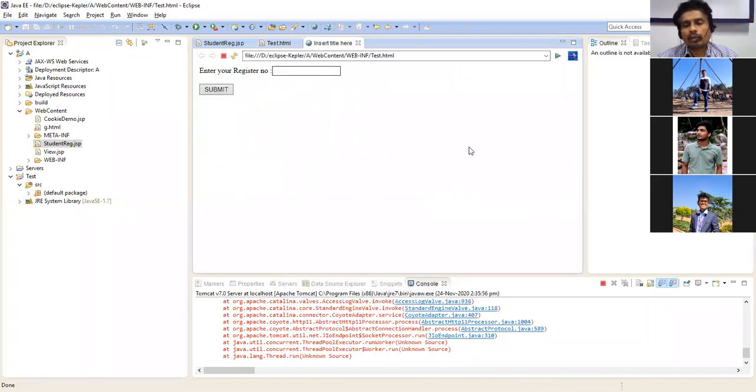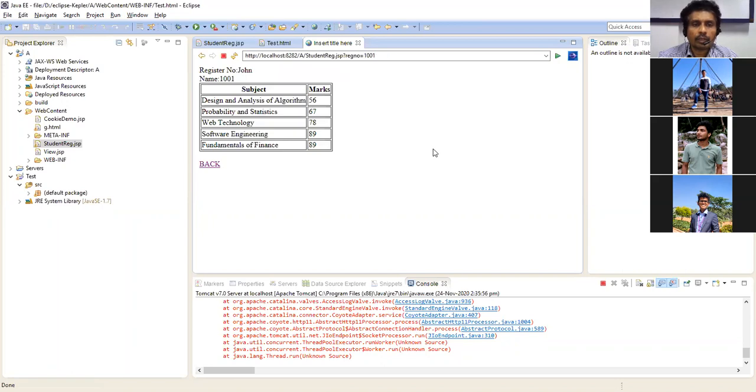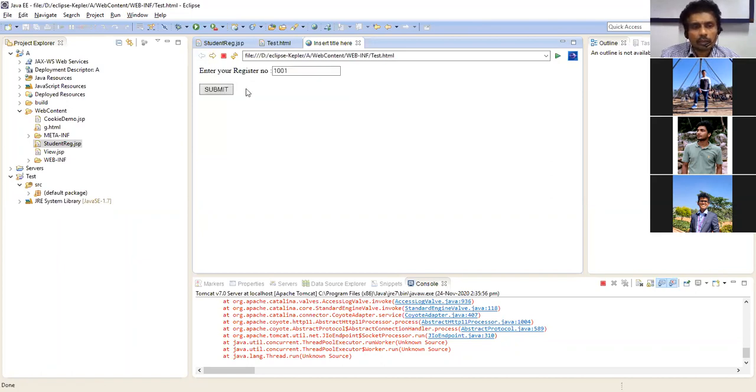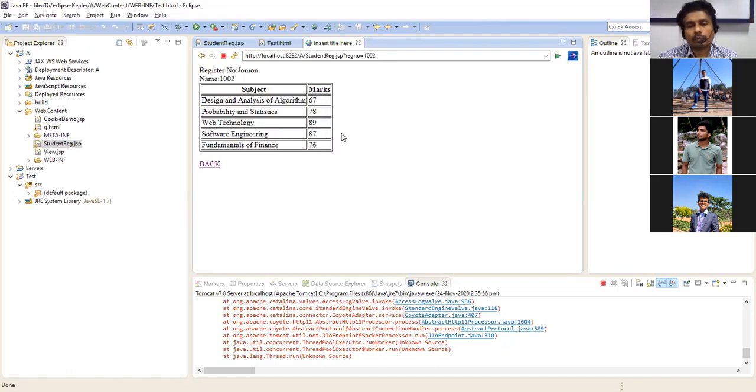It will be asking for the register number of the students. So we have to provide the register number which exists in the table. Once you click on submit, it will connect to the backend and retrieve the data for you. So basically, it is going to provide the name of the student and the register number, and along with that the data pertaining to the marks. The subjects will come in the left-hand side first column, and the second column is going to be the marks. So this is what the output will be. Based on your register number input, it is going to retrieve the data for you.